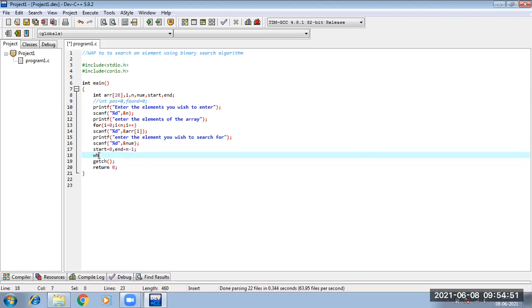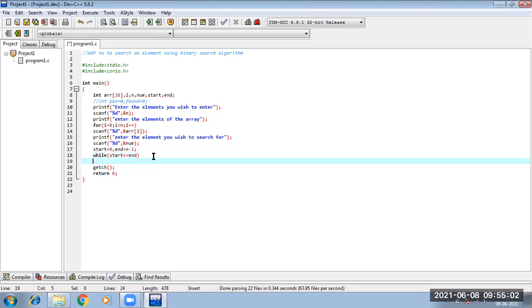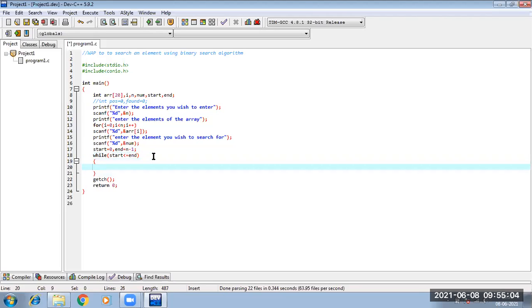We are checking while our start is less than or equal to end, we are doing something. What are we doing? We are calculating the mid.